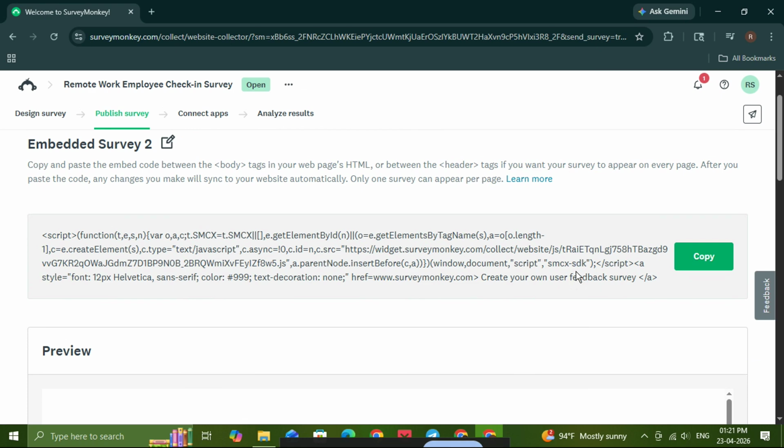If the survey doesn't display right away, double-check that you pasted the full code and that your site allows embedded content. In many cases, refreshing the page or checking the page permissions solves the issue quickly. And that's it. You've now learned how to embed a SurveyMonkey survey in a website using the website collector and embedded survey option. This is a simple but powerful way to collect feedback, run polls, or gather responses right on